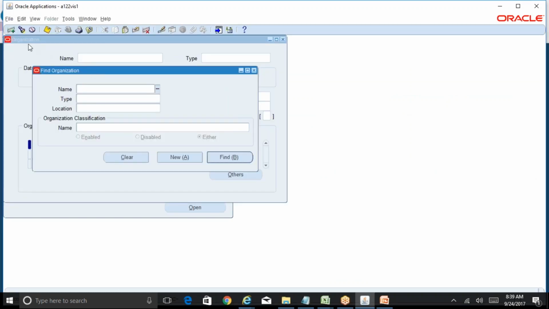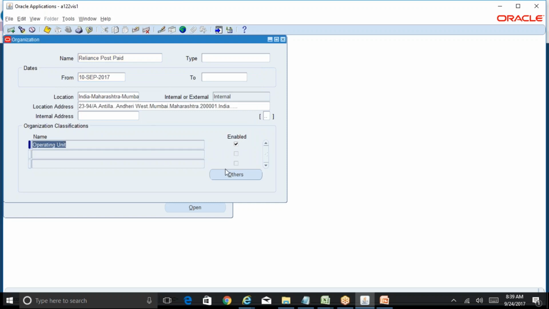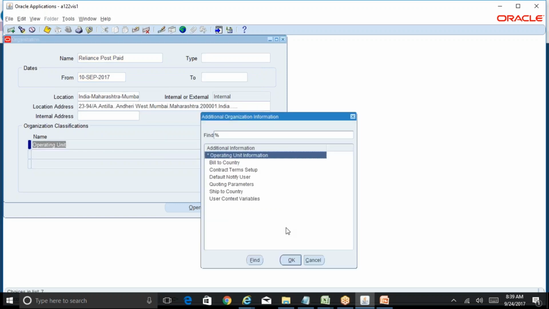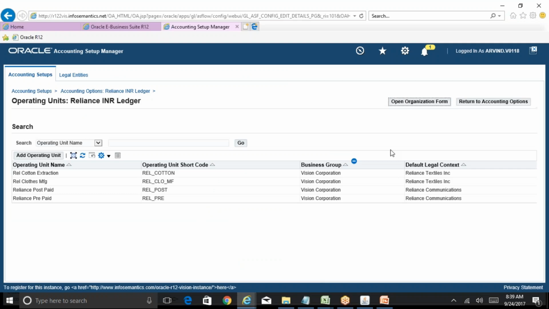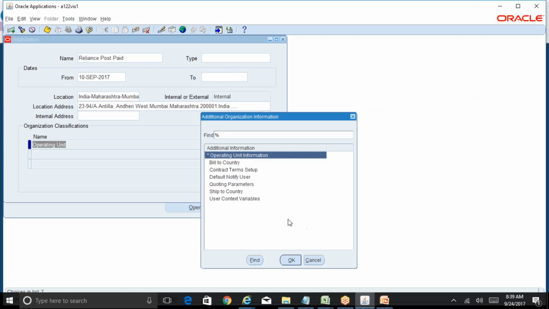Okay. So it is opening the traditional organization form. Here you can query for your operating unit, which we have already created. When we were creating the operating unit, we were creating it under the ledger, and here we have even given the default legal context, which is nothing but the legal entity name. So the legal entity name is already associated with the operating unit, and also the ledger name. This is how you can see the linkage of operating unit to the legal entity and ledger in this screen. But if you want to see the same linkage in the organization screen,